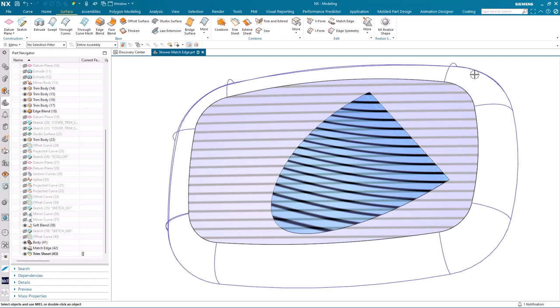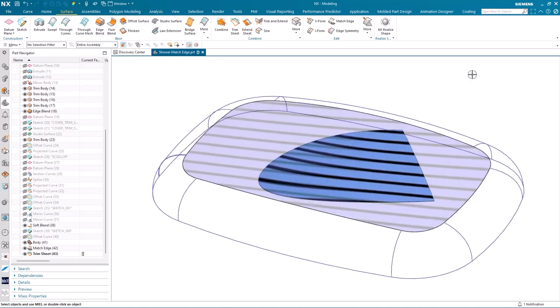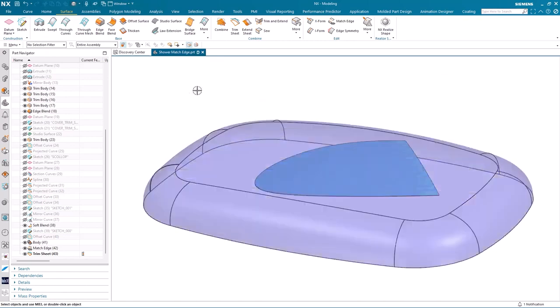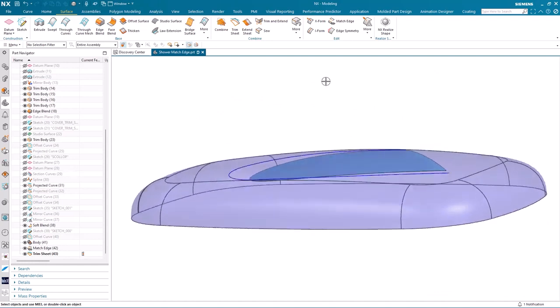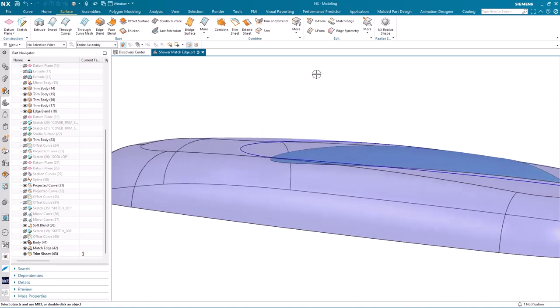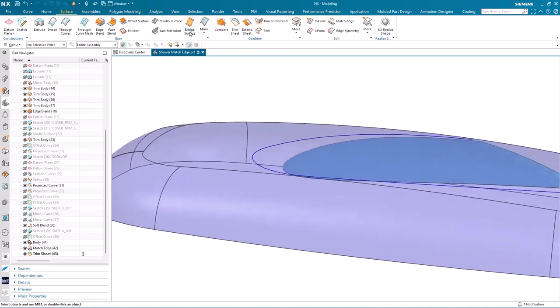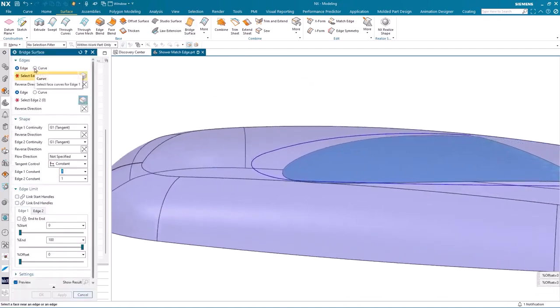Now I need to create the transition surface between the rest of the depression and the top face of the shower cover. And to do that, we're going to use bridge surface. I'm going to start the process by bringing back a projected curve that defines the boundary of the transition surface on the top face. So I'll go ahead and activate the bridge surface command, and the enhancement we made in the June 2023 release